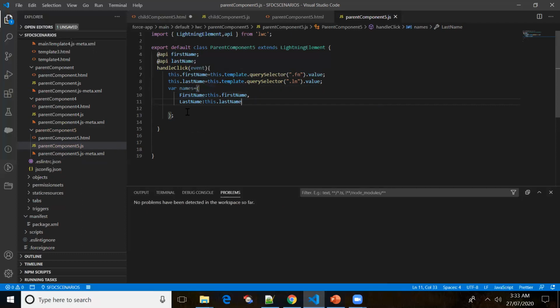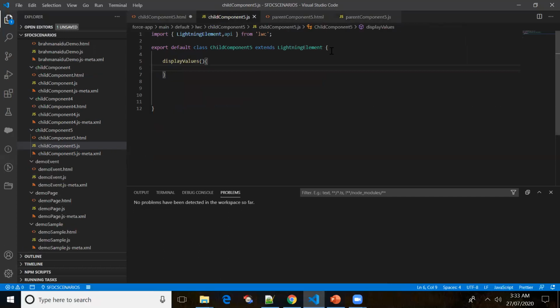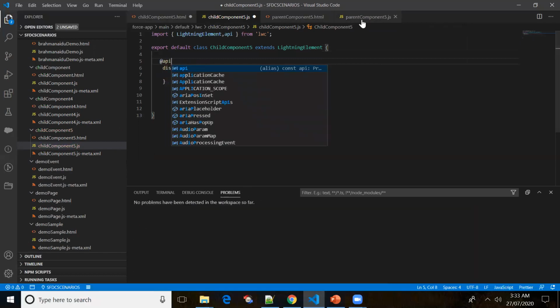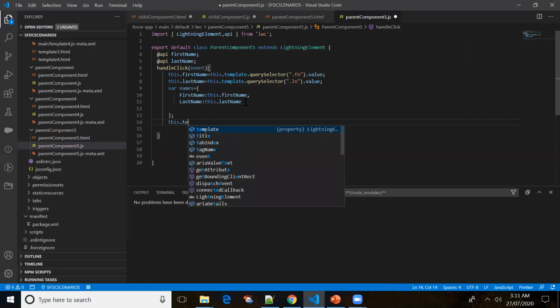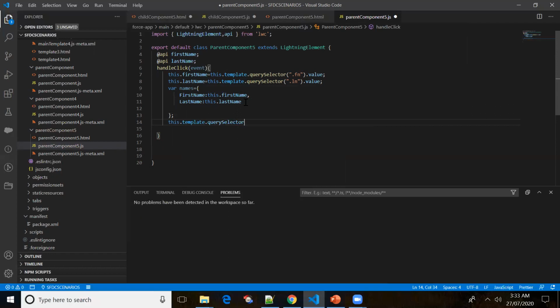So now what we have to do is call the child component's method here. Okay, so it should be an API property. Now I'll find the child component, and then I'll just pass the values to it. I'm using query selector, this dot template dot query selector.